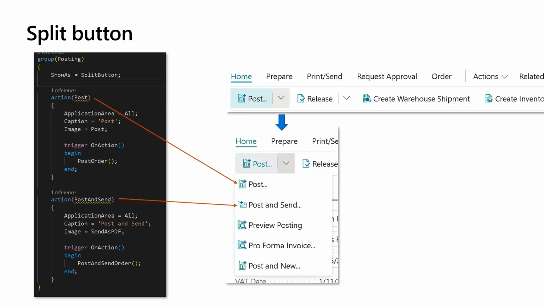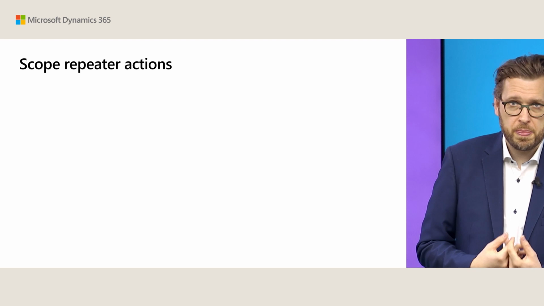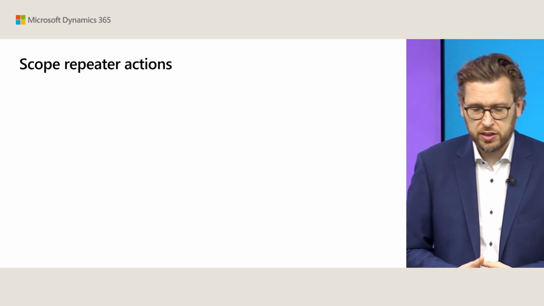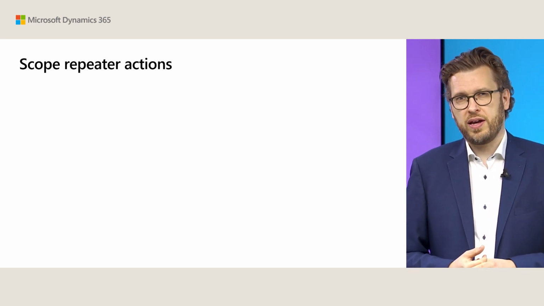Now, if you then expand the split button, you will see all of the other actions that are part of this group. And here, because this is an explicit model, again, you can define the order of this and influence the split button experience. So we also made another change, and that is around the way that you handle